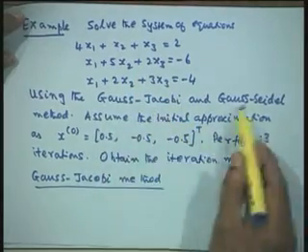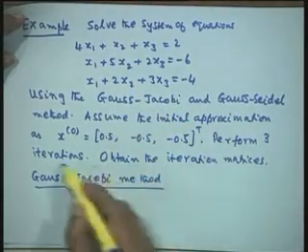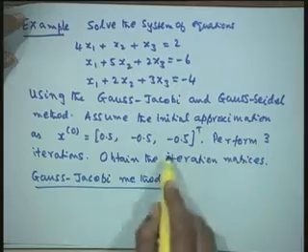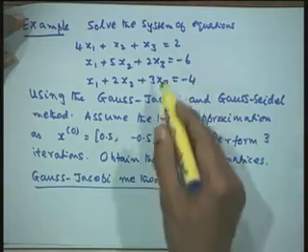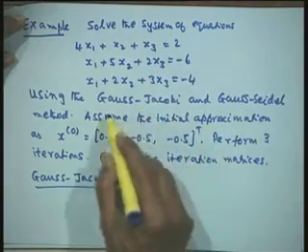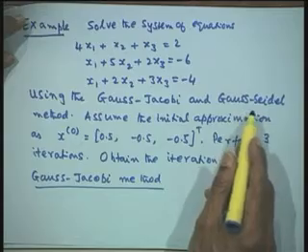Now, let us apply this, and see what is the rate of convergence for the methods that we have done in the earlier examples. The one example that we have done, I will write it again. If you remember, we solved this particular example using Gauss-Jacobi and Gauss-Seidel, and we also said perform 3 iterations and obtain the iteration matrices. So, we obtained the iteration matrices for Gauss-Jacobi and Gauss-Seidel.